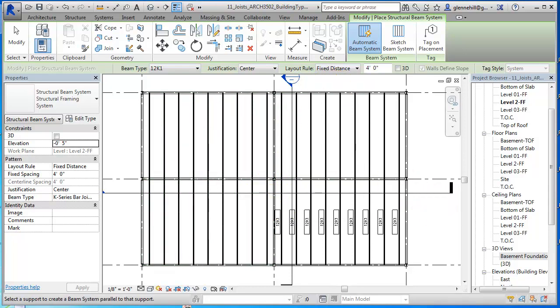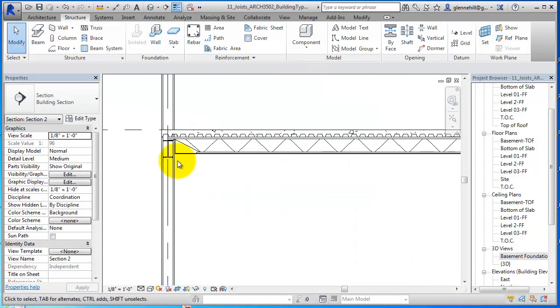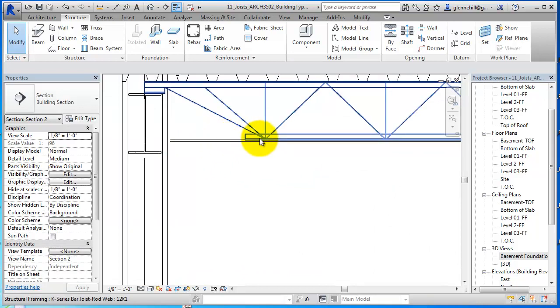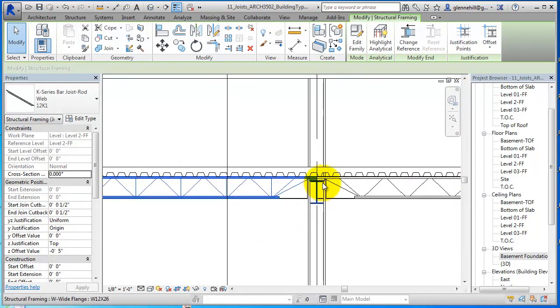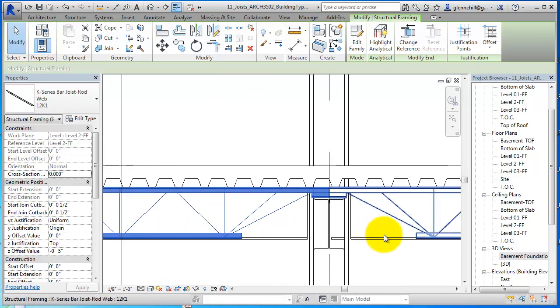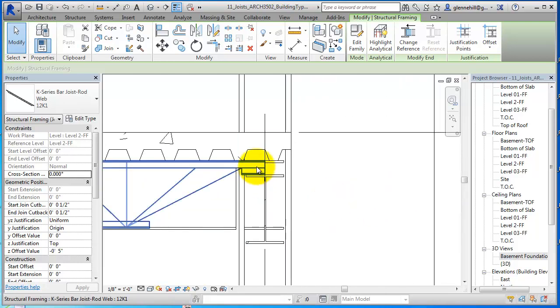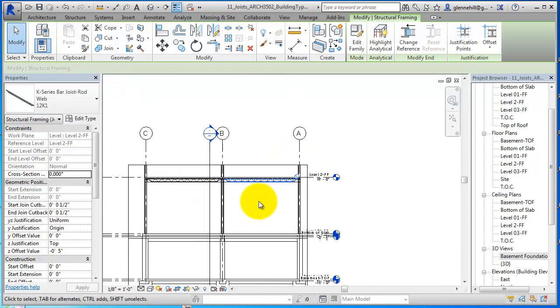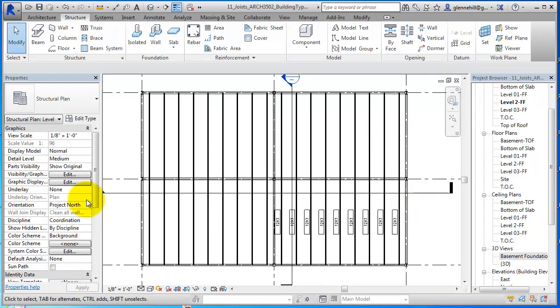All right, now let's go in and look at our section here. We can see, ooh, got a little joist there, working great. There's the beam in the background. Sits right on top of where it's supposed to. These are flushed up together because they're to the center line. And this one out here. Now later we may want to move this out, and we can talk about that, but for right now, not a big deal. And also if we cut our section in this direction,